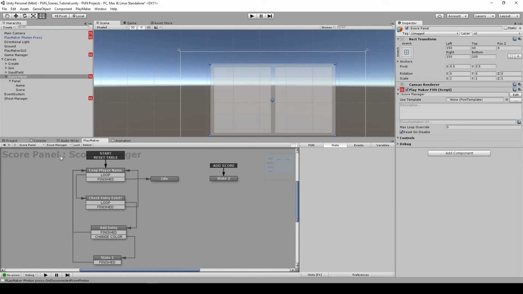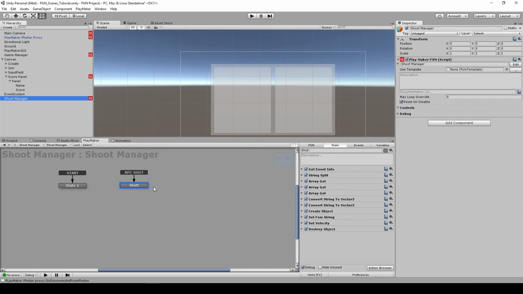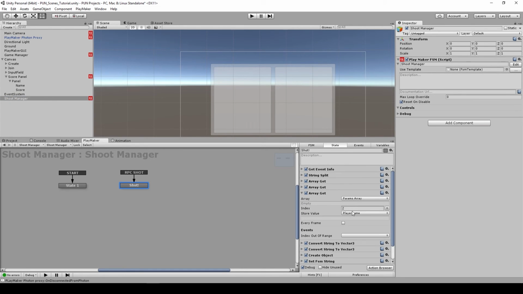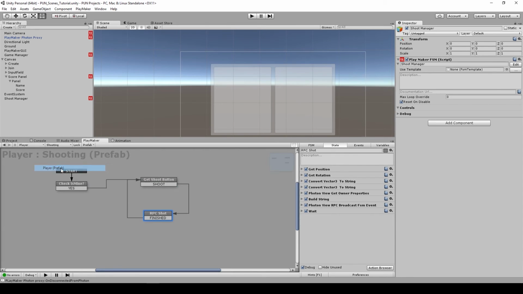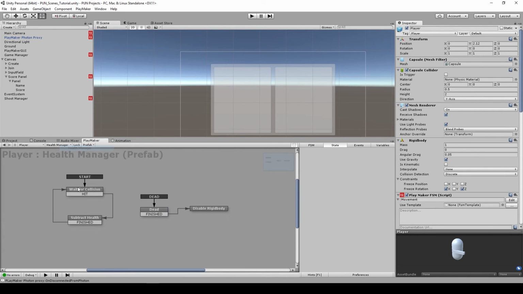Okay, so let's check this. So basically under shoot manager, we already separate the name, and then we have set the name to this variable. Okay, now the next thing, just save it before and go to our player prefabs, and under health manager we